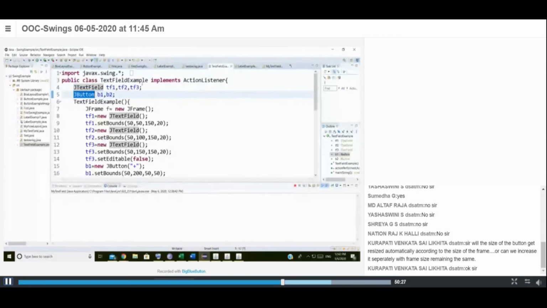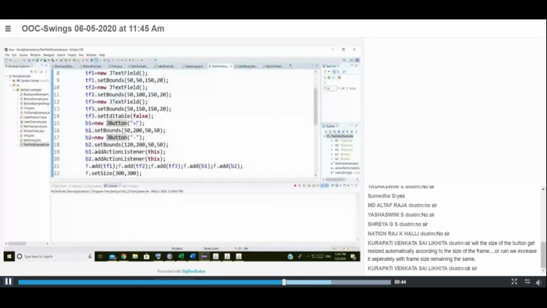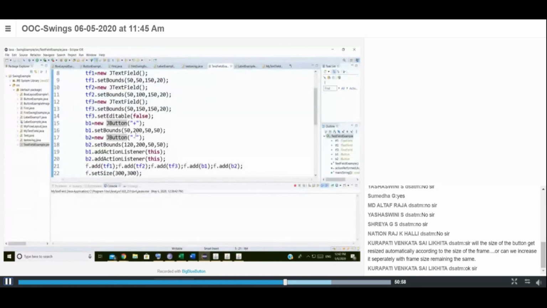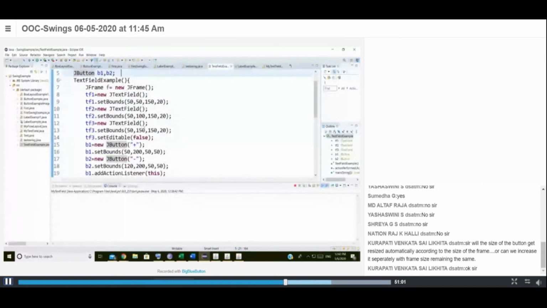So how many text field instances do I have? There are three instances I am going to use, and two button instances. What this application exactly means is I'm going to construct a very simple calculator, where I can do either addition or subtraction. I will expect the values in a text field, something I want to enter in the text field. I am going to take those values and do either addition or subtraction, then display the value in one more text field.